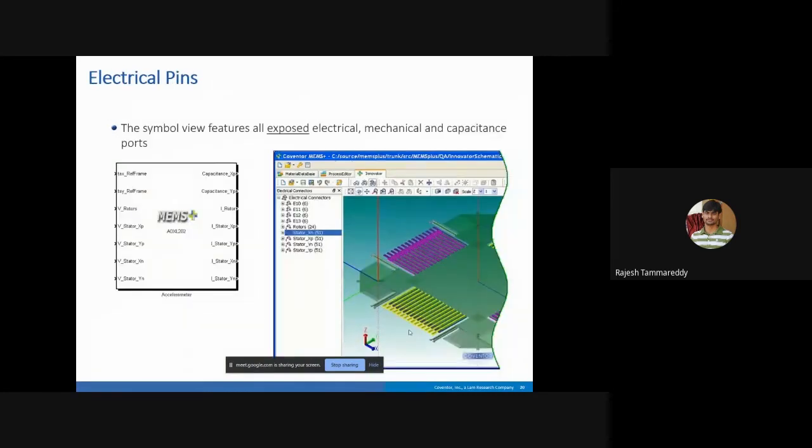Similarly, for whatever pins you want on the block, suppose I want to give some input or take some output as pins on the block, you have an option for this also. Suppose there is a comb, and I want to apply voltage to this comb using the comb pin in the Simulink environment.